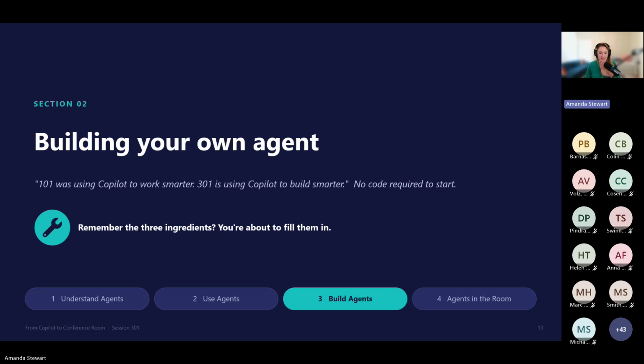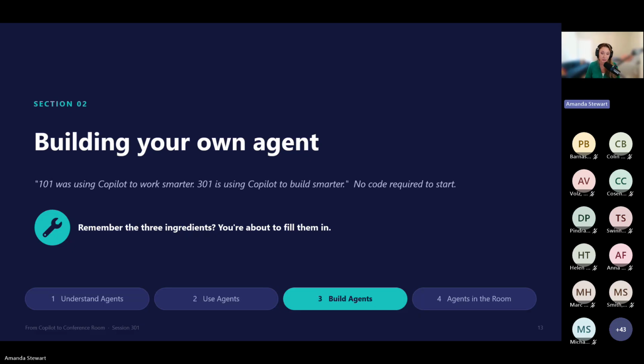This is the part of the series that I've kind of teased all the way back through the 101 session of this journey. If you may remember, I said 101 is about using Copilot to work smarter, but 301 is about using Copilot to build smarter. Here we are. And I want to take the intimidation out of this session right now, because building an agent is not a development project.